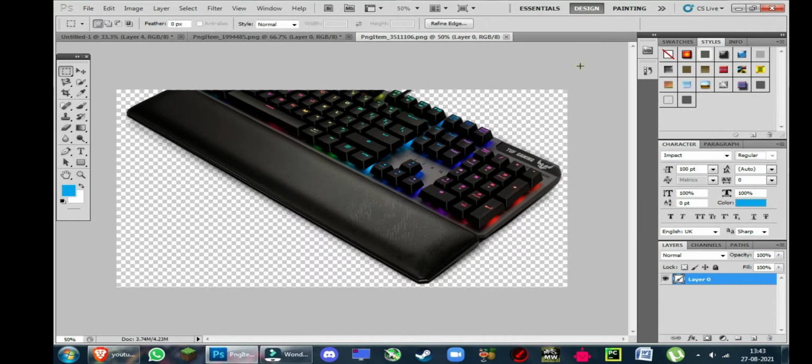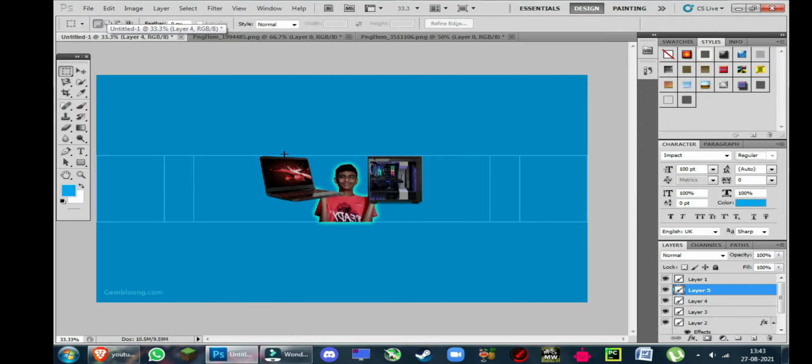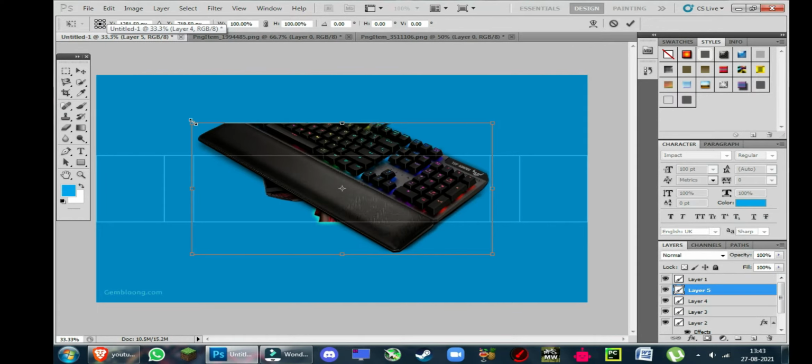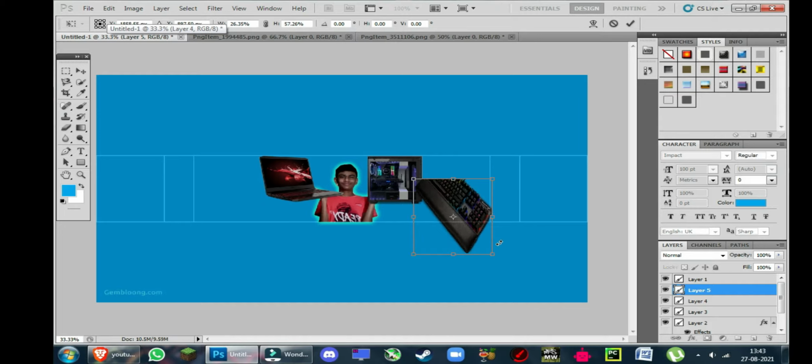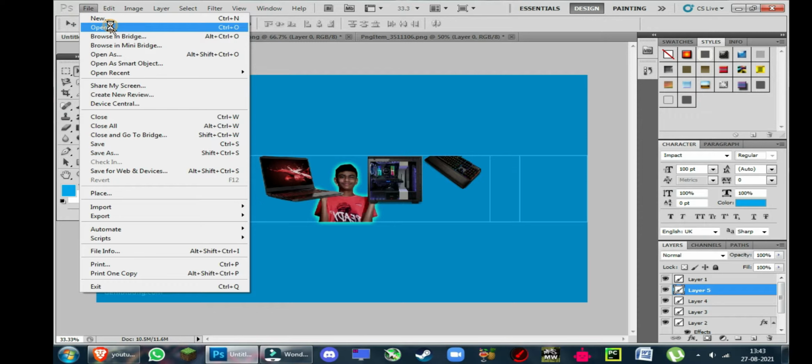So it looks very nice. If there's something missing, you can eventually add it here, such as your symbol. I want to add these headphones. This looks very nice, so I'm just not going to make my stuff look bad. Then you can paste it here and resize it as normal. Press enter, and yeah, that looks nice.